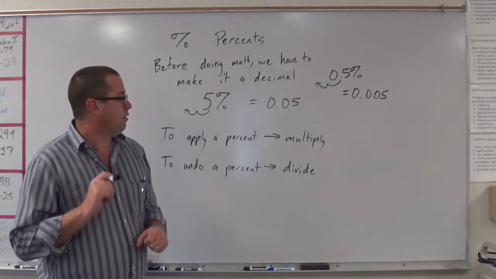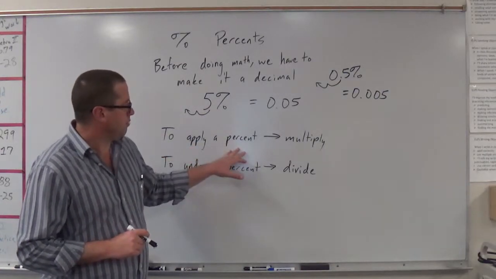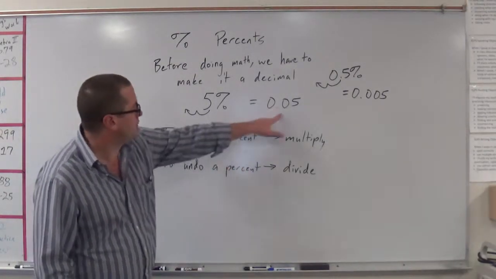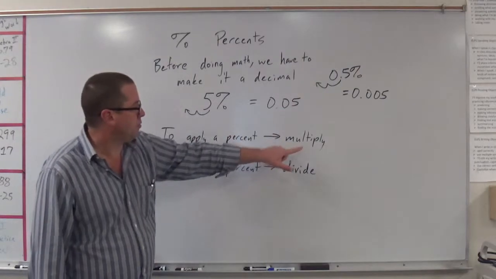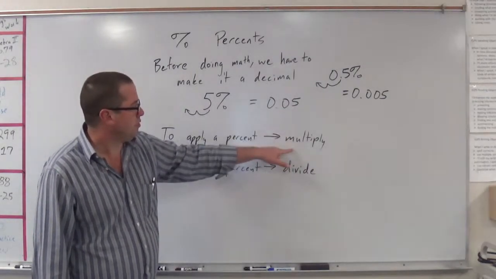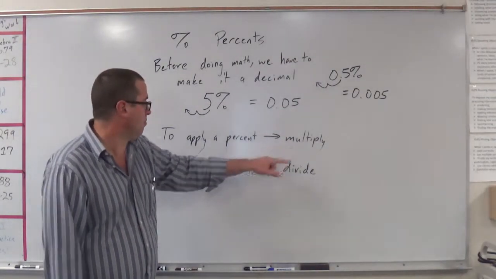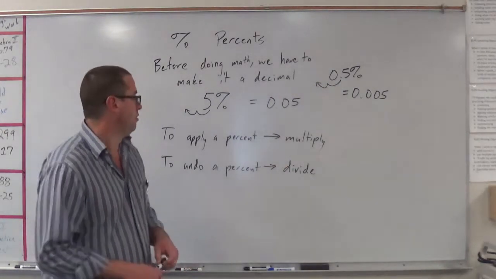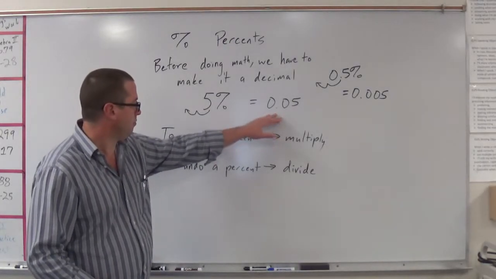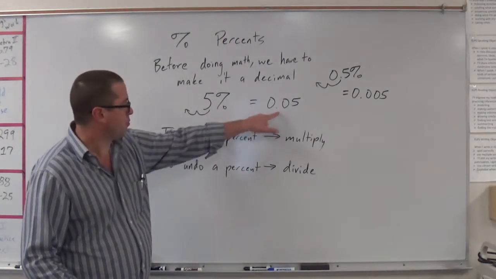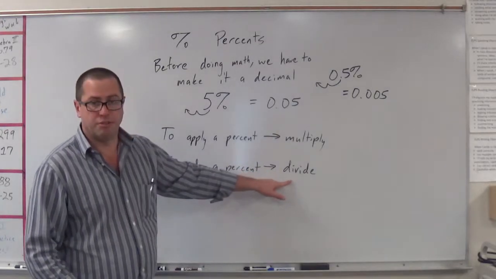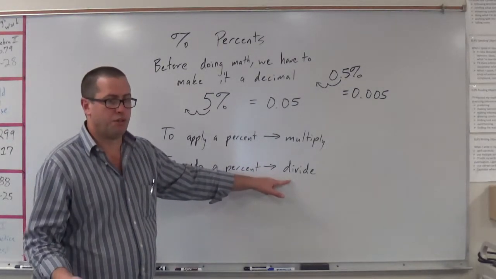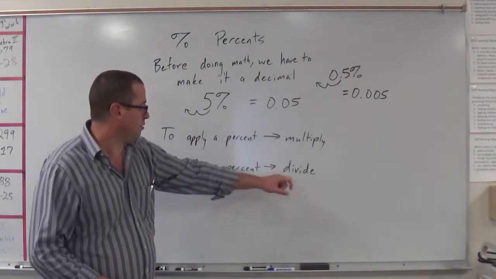All right, now if you want to apply a percent, say I want to find out what 5% of something is, after I've turned it into a decimal, I'm just going to multiply the decimal times whatever the starting amount is. Now if you want to find out what it was before somebody took a percent of it, then I'm going to take this same percent and you're just going to divide it. So like if you want to know how much the shirt was before the sales price, then you divide by